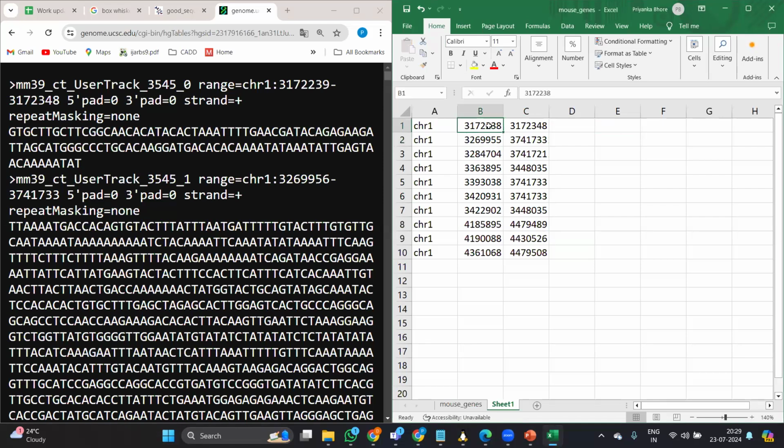Okay, whenever you want the sequence from this position, subtract 1 from here only, so that from the 38th position you will have the sequence over here. That is the trick you can apply. How can you subtract 1? Type equals, select the start coordinate, minus 1, enter it. Then you can autofill the formula,